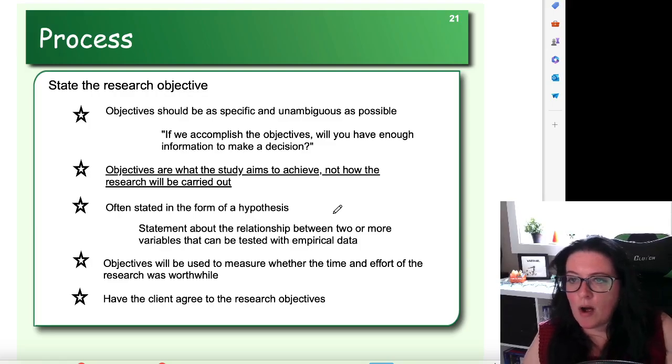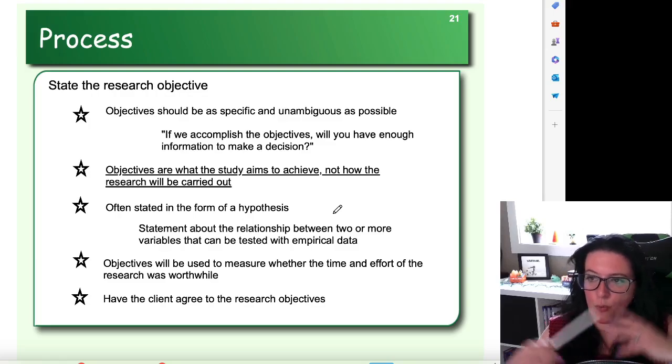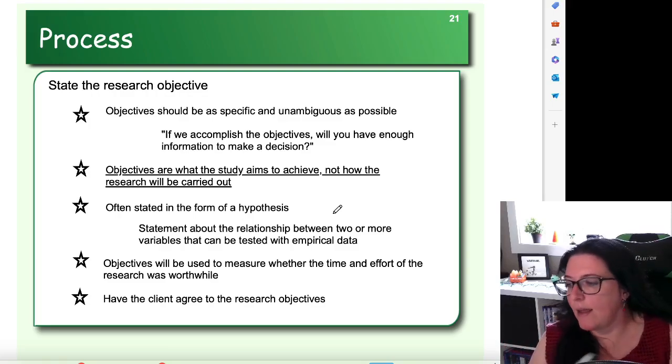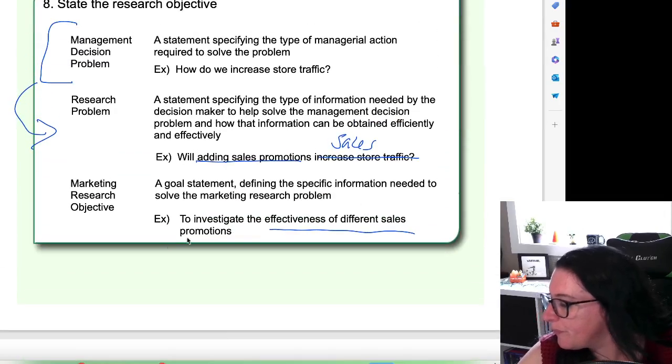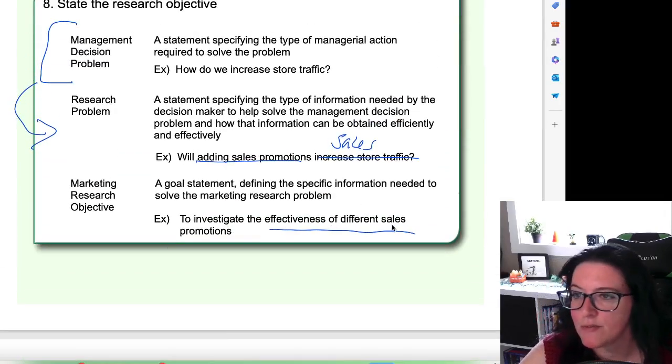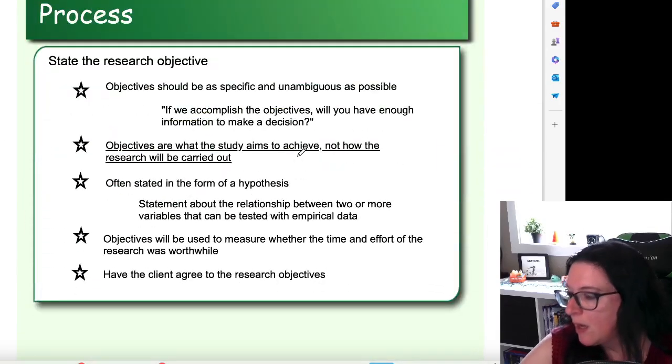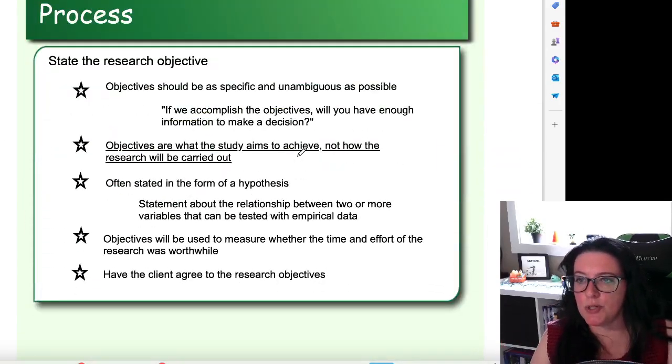In other words, if we accomplish the objective, will you have enough information to make a decision? So you basically want to go back to the client or the boss and say, if we are able to determine the effectiveness of different sales promotions, will that give you the information you need to decide how to increase store traffic? Okay. Objectives are what the study aims to achieve, not the steps for how it will be carried